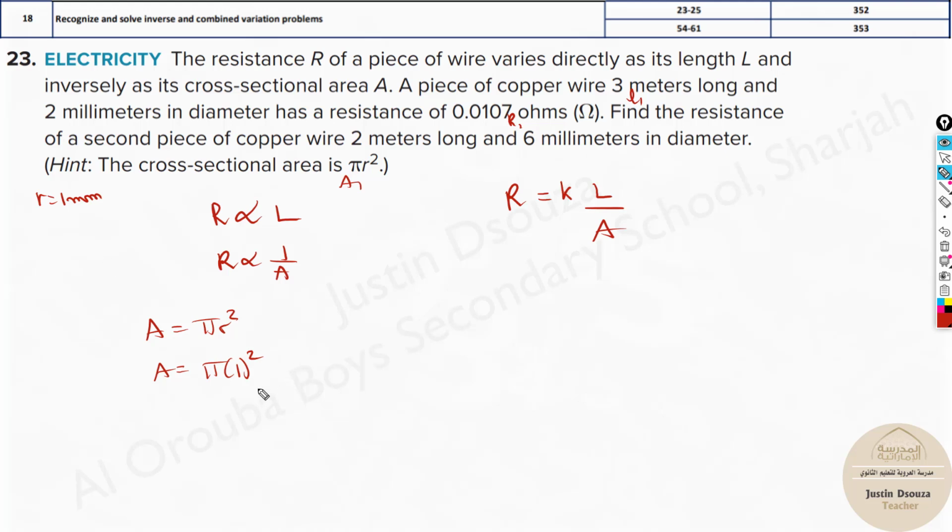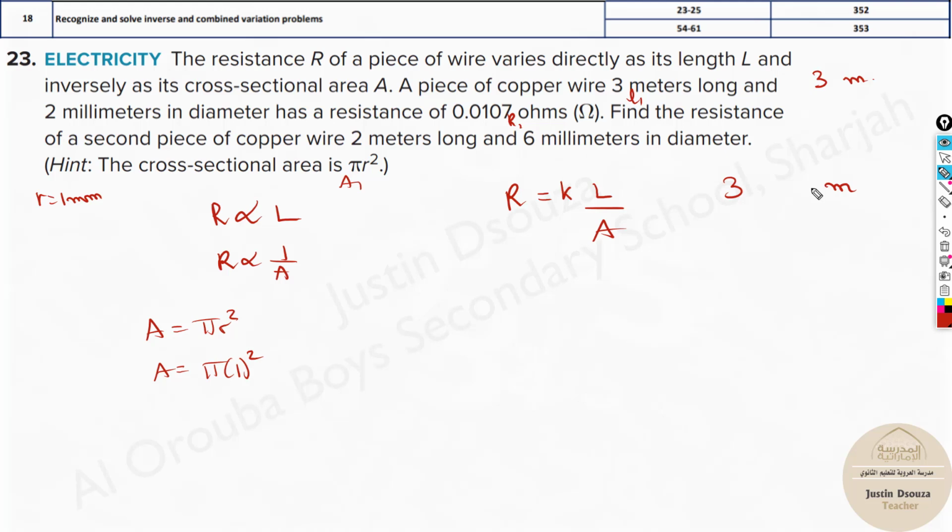Now this is in millimeters. So this length I will consider to be millimeter as well, because it's radius in this area, it's easy to keep in millimeter square, or I can make this as meter, which will be a very small number. Here we have been given it's 3 meters. Now the way to convert is